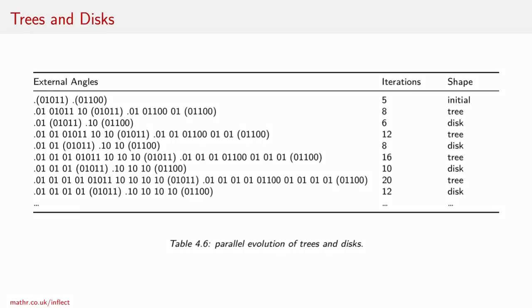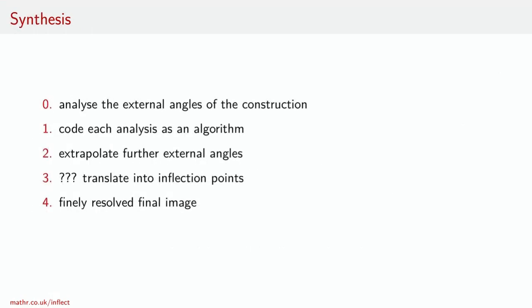Once all the data has been collected, you end up with a table like this, showing the external angles and the iterations for each shape. Then the process of synthesis proceeds as follows. First, you analyze the external angles of the construction, then code the analysis as an algorithm, use the algorithm to extrapolate further external angles, then somehow translate the external angles into inflection points, and then you end up with a